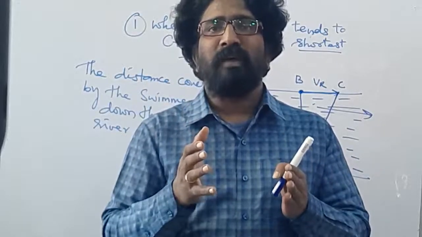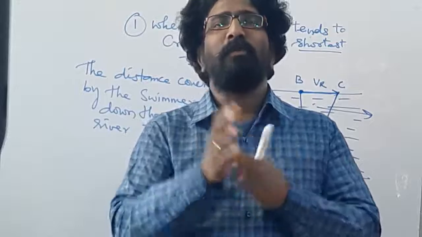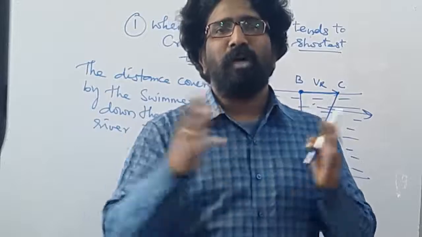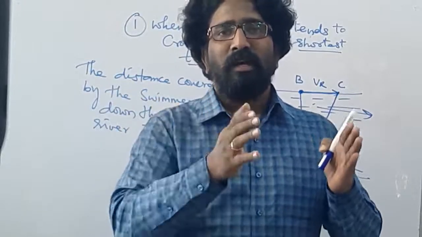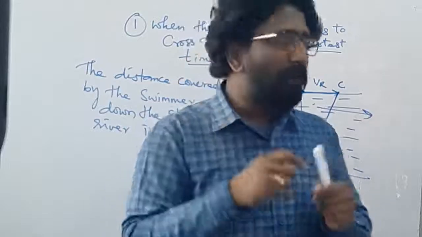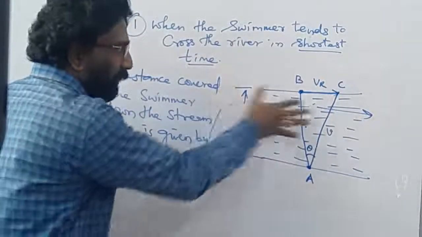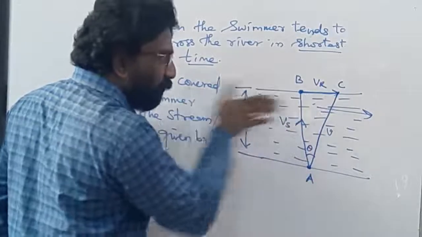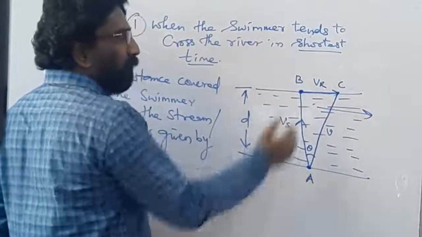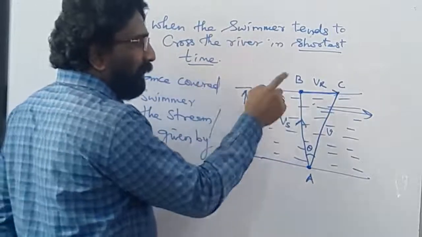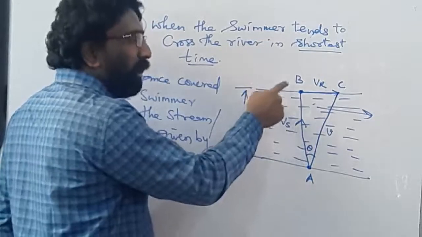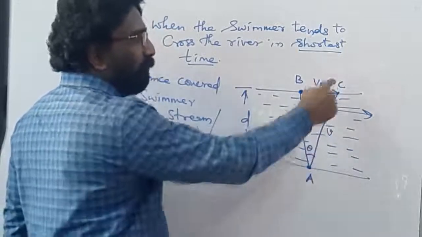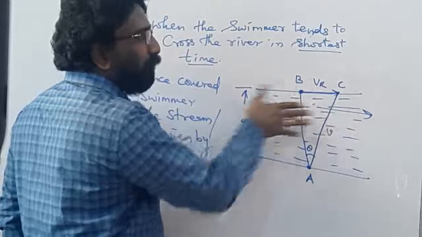So because of these factors, at some areas the water current will be more, and at some particular areas of the river the water current will not be more. Means the speed of the water will increase and decrease depending upon the different factors which I have just told. Due to that water current, if a particular person is trying to swim perpendicular to the flow of the water, even though he is swimming perpendicular, if he wants to reach from point A to point B, he will not be reaching point B, but in fact he will be reaching point C. This deviation is mainly due to the water currents.